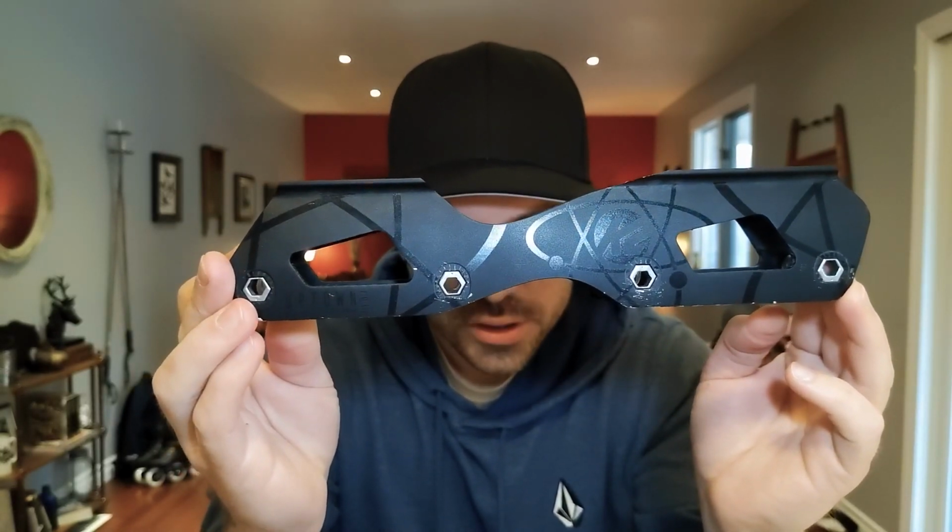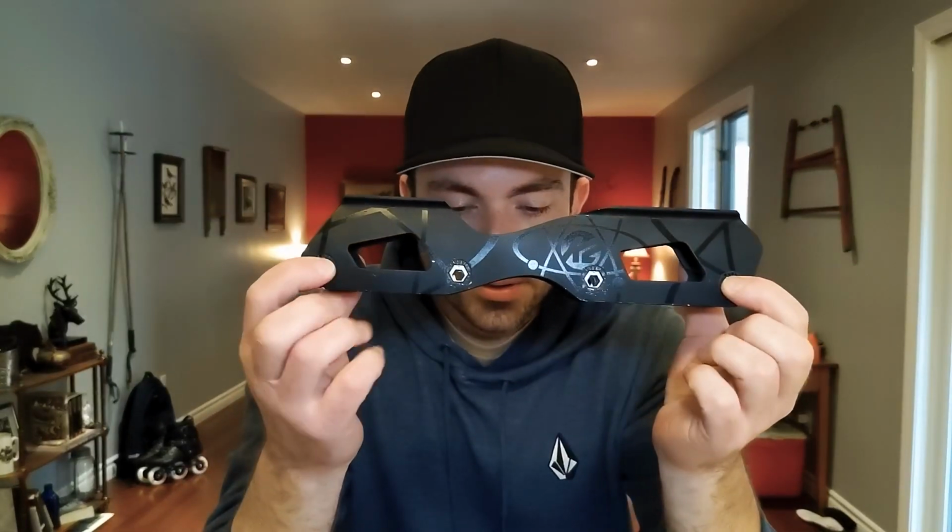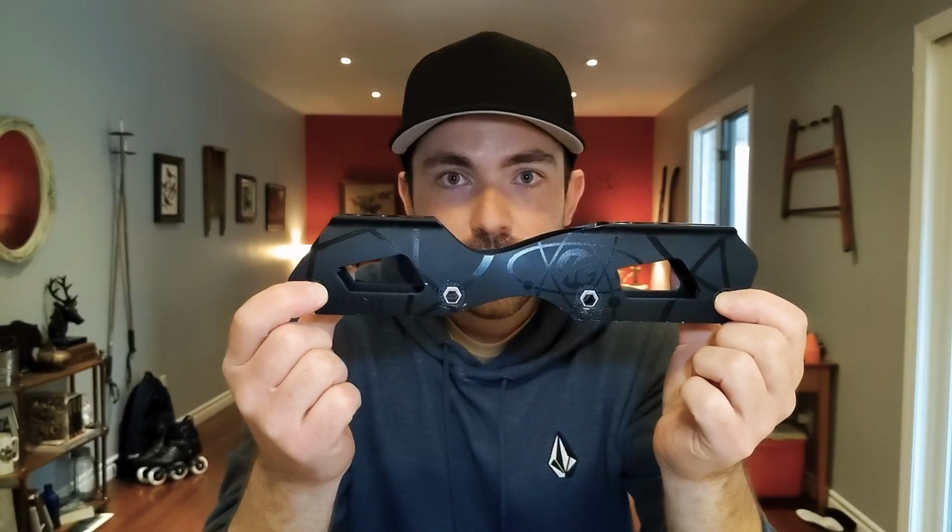And that's going to allow you to try out some slalom tricks, do a little bit of freestyle skating. This is not a freestyle skate, but again, this is for people who maybe want to try that out, see if they like the feel of a rocker setup, and it's great for those types of people. That's what I did. I haven't really tried slalom skating before. And as a result, the next skates that I bought were actually slalom skates because I liked it so much, specifically for that discipline. Anyway, great frame. Extruded aluminum is a high quality way of fabricating aluminum. And then I think that those inserts are super cool if you want to branch out to some more freestyle